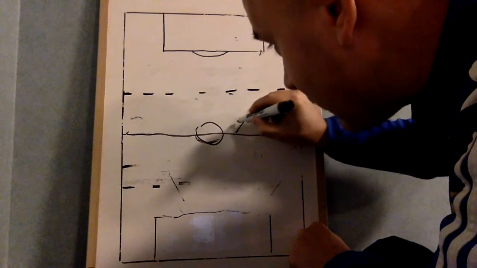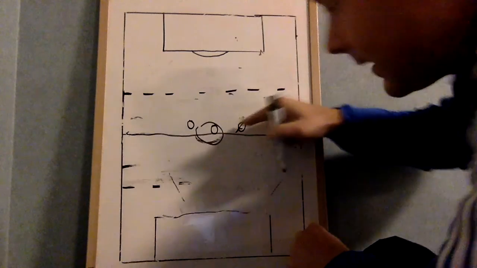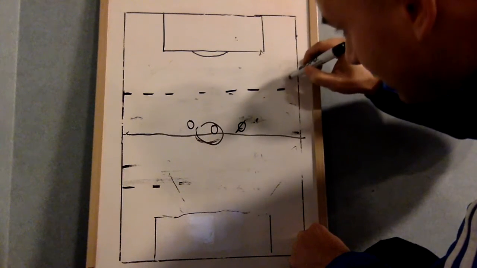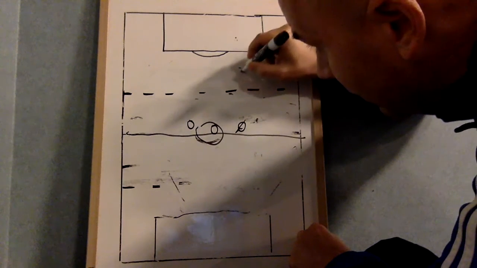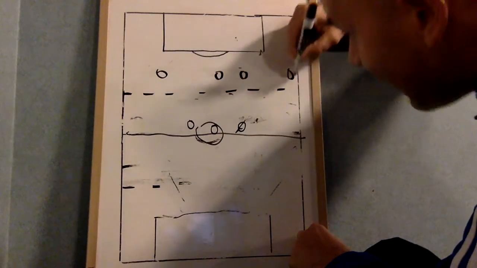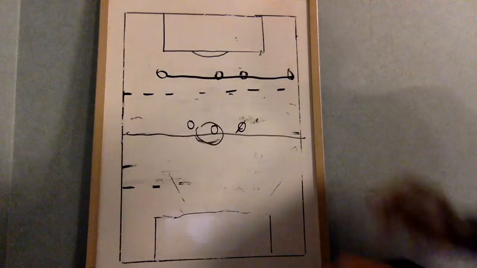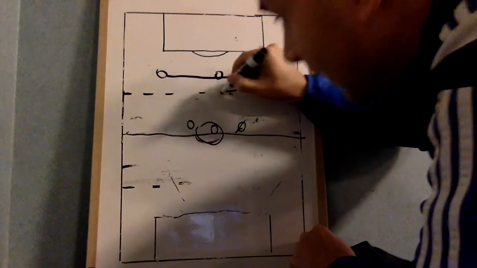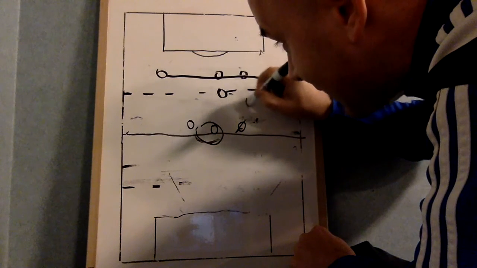So now, as we're really into attack, we have our 3 center backs, correct? And our wingers are going to be pushed up really, really high now. 1 winger, forward, forward, winger. Now you have 4 players across the top. A very attacking mindset. You'll have your number 10 sitting in behind this, and you can even send another midfielder